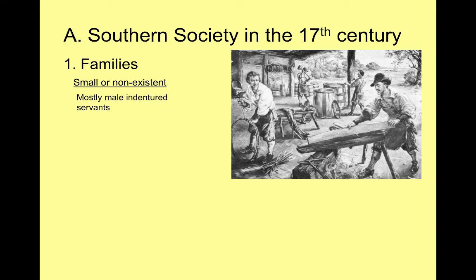At the very beginning, when we look at the South in the 17th century, the 1600s, there were very few women who came to Maryland or who came to Virginia or South Carolina. It was a money-making scheme, and people who came to Jamestown were looking to make money, make it rich, and then go back home. And it was very dangerous. There was a high mortality rate. And so it was mostly young men who came looking to seek their fortune in America, which means very few women. And so there weren't very many families in the South in the early 17th century.